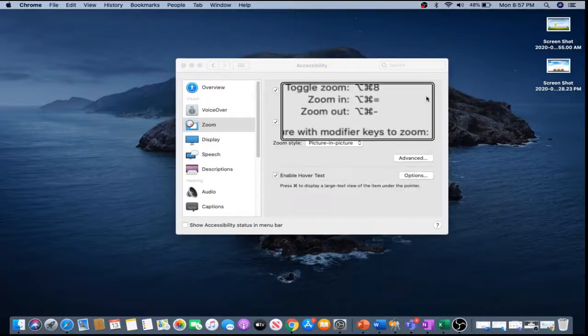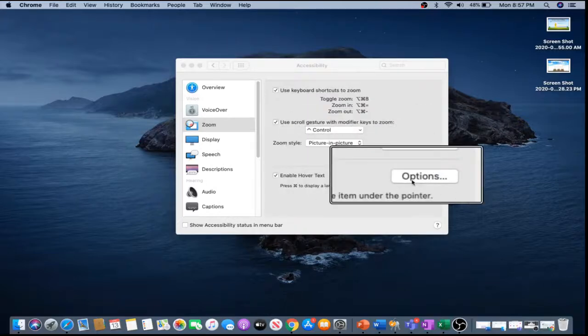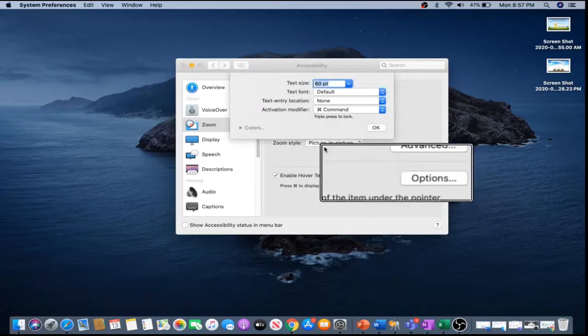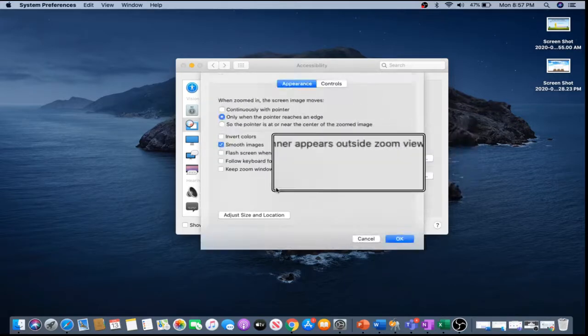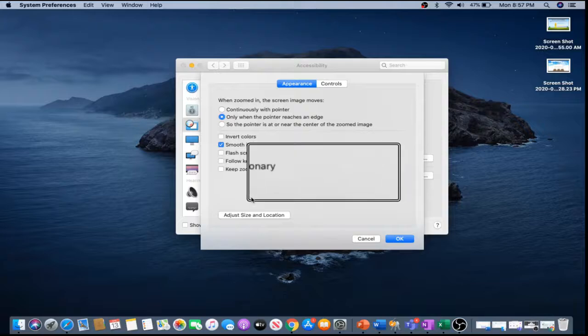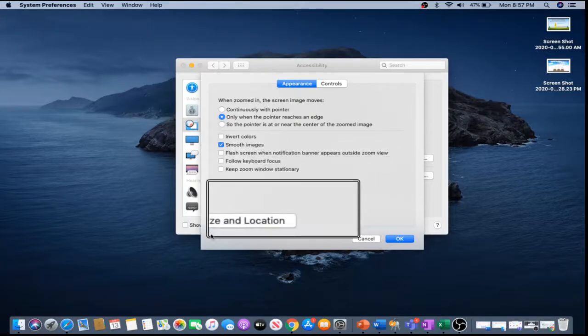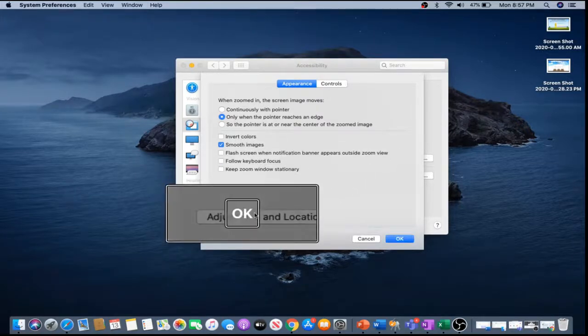The next setting is if you want a bigger size of this box, meaning you want to read full news or anything else. Click on the option button, click on Advanced, and in the last one you can see Adjust Size and Location. Click on this one here.